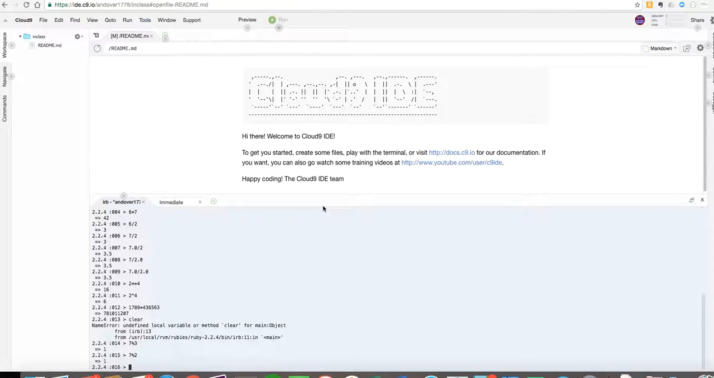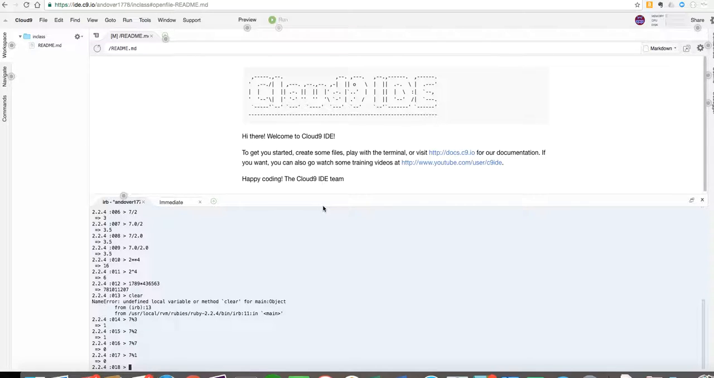If I divide 7 by 3, what will be the remainder? If you divide 7 by 2, what will be the remainder? 1. What if you divide 7 by 7? What would you expect the remainder to be? Okay? What if you divide 7 by 1? 0. What about 7 modulo